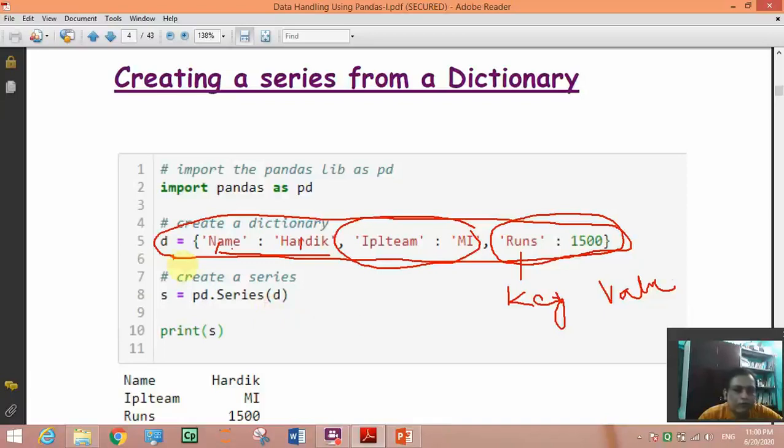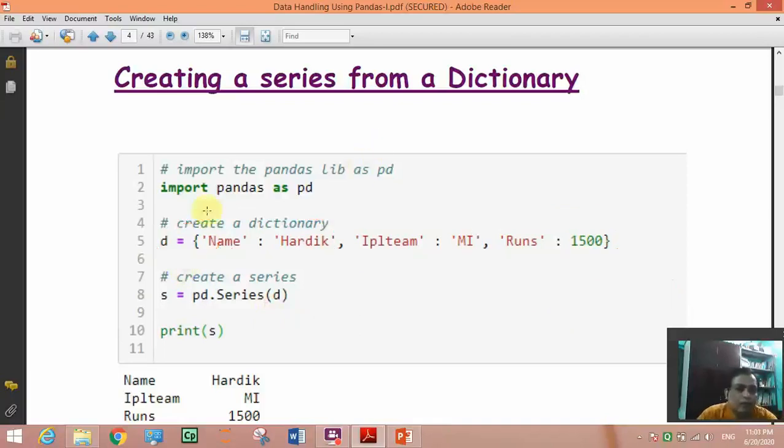So this dictionary D can be converted into a series.